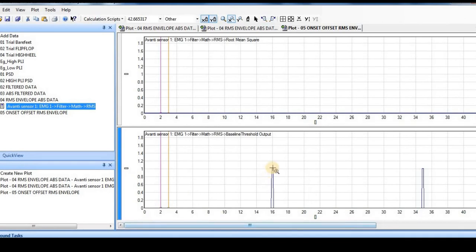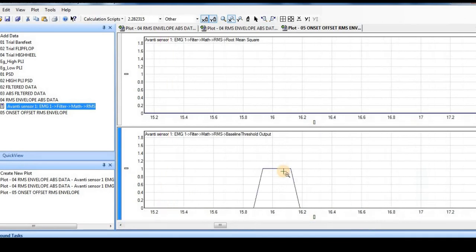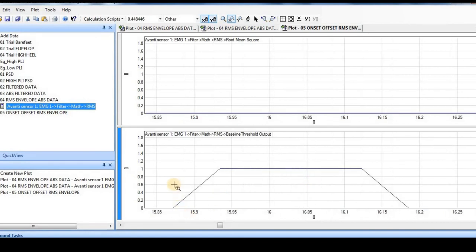Now if I look further at one activation period, you will find that this is exactly the place where the activity in the muscle started above the threshold level. And if you recall the prompts given, the heel up prompt was given at the 15th second, and somewhere between 15.85 and 15.9 seconds we have actually got this activation on.